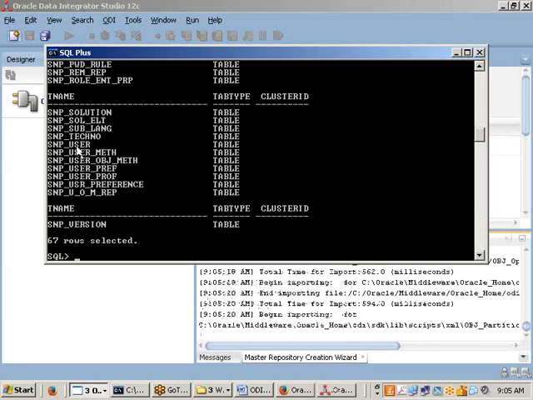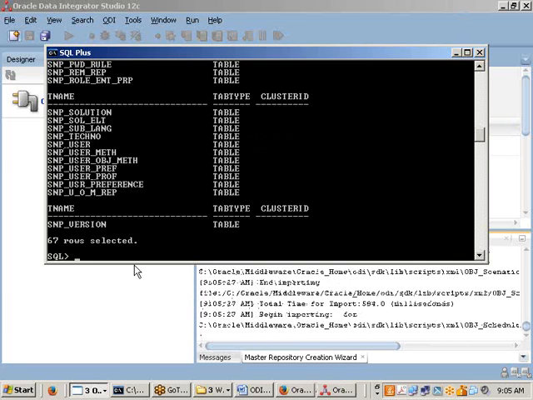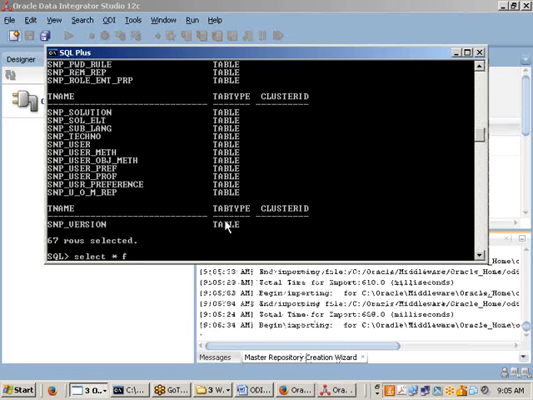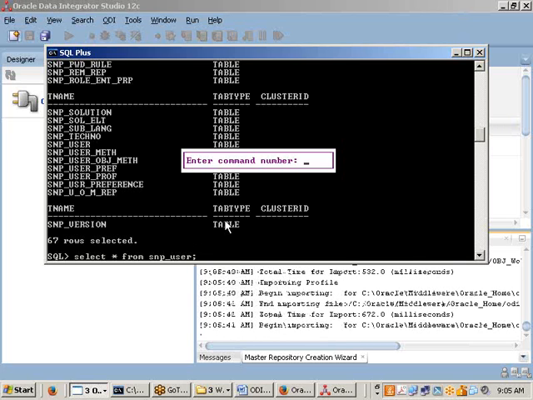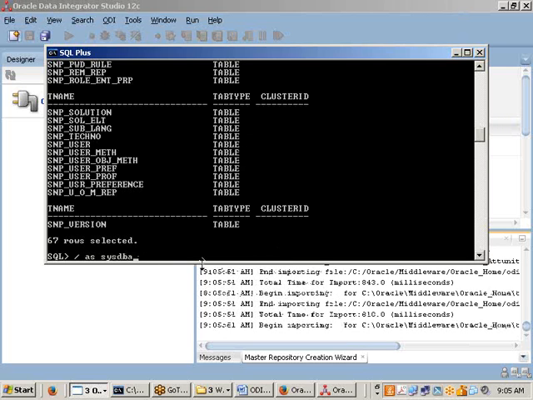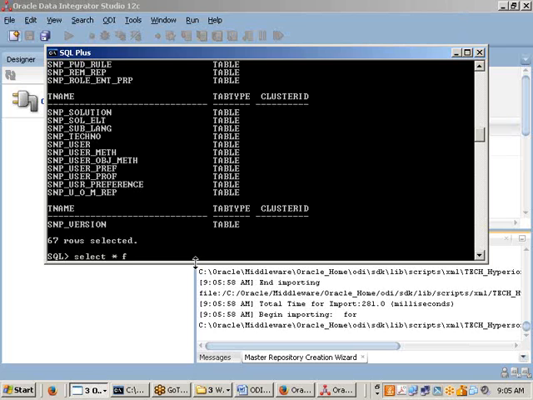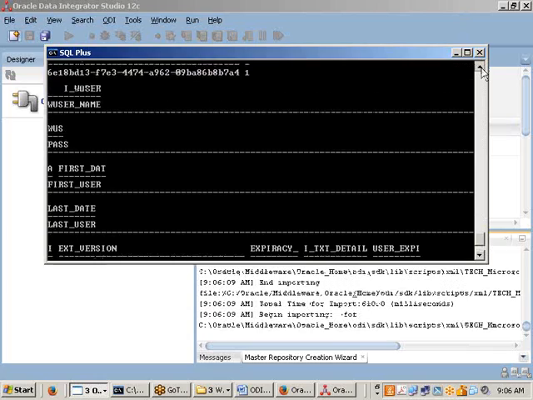Now, once it is created, we can go for something else. Here I have one table. What is the table, sir? The SNP_USER table is available. Let me go and explain that one. Select star from SNP_USER table. Okay, it's executed, and here if you go and observe,